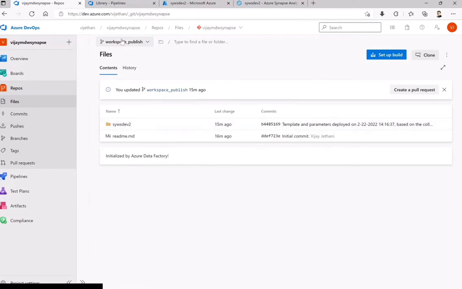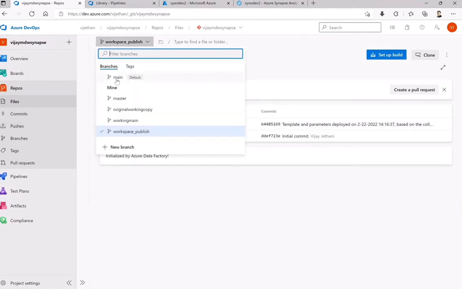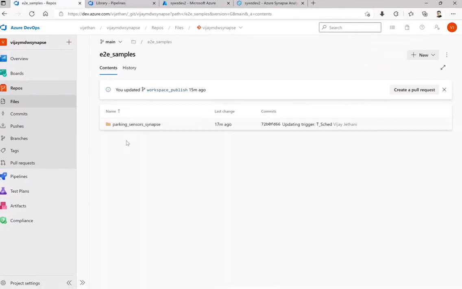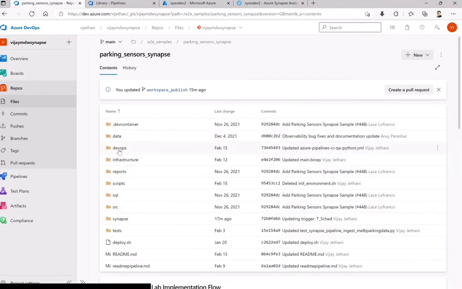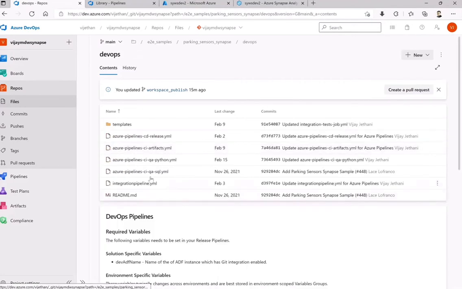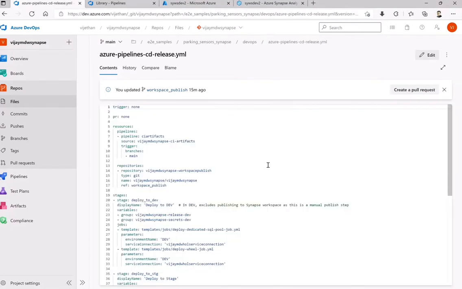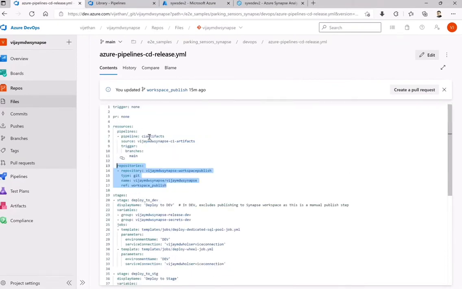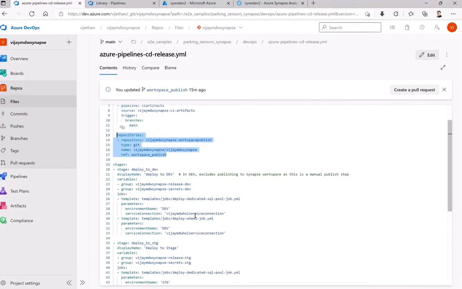So if I go to the main branch, now with the DevOps, in this you see the CD release.yaml. How it is being used, which I have shown you, is first of all from repositories. These are the two repositories it is using, and each of the stages which you see are nothing but YAML jobs, which are modular enough.